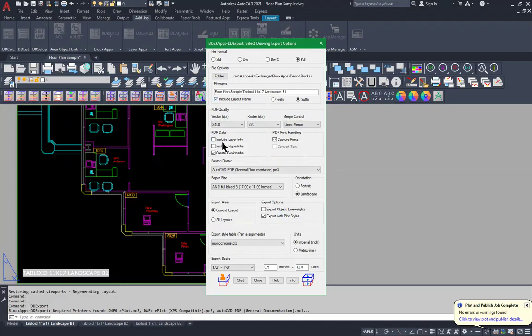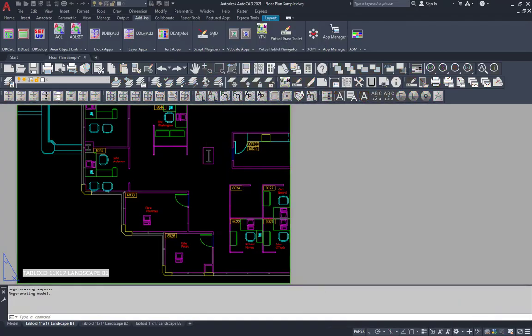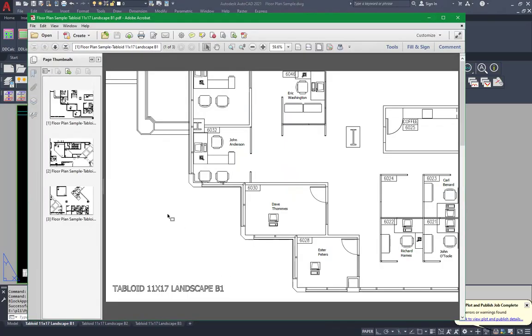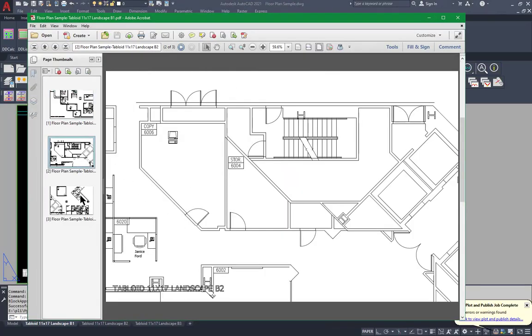B1. All right. And then I'm going to create the layer information this time. Don't do the bookmarks, just so you see what happens. And then instead of current layout, I'm going to actually do all. So this gives me the option to, whatever setup I have in each and every one of these layouts, it's going to use that setup. The only thing that's going to change is, of course, what happens with the PDF itself. All right, click start. And then it goes through every layout and exports them